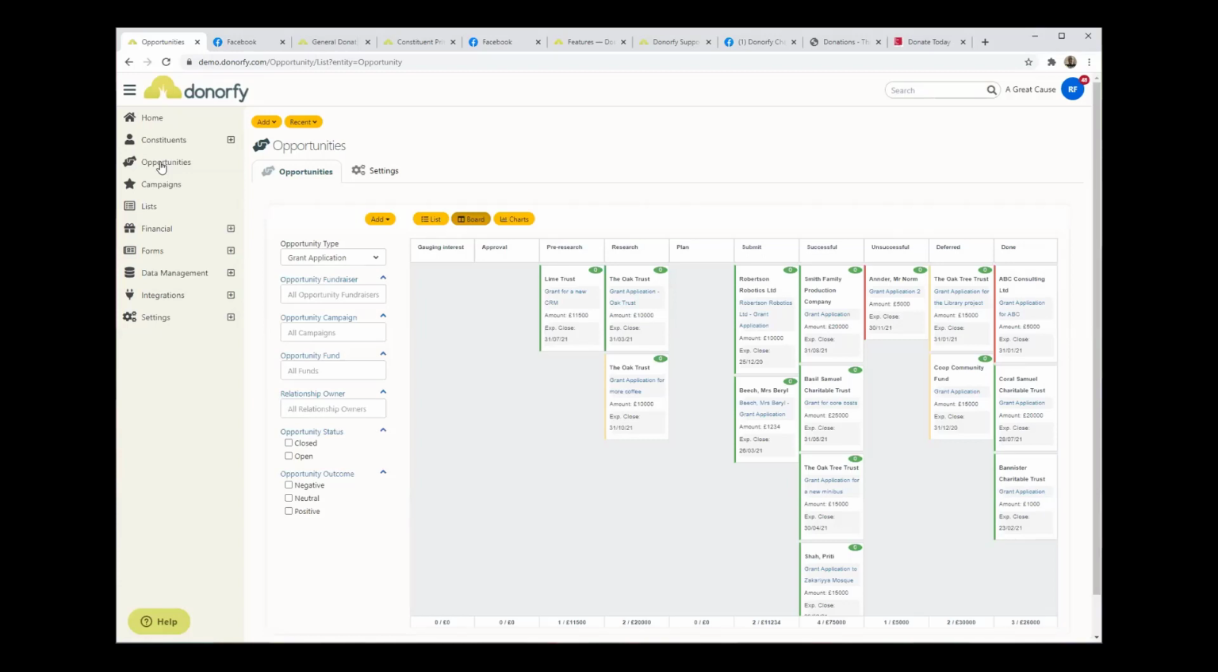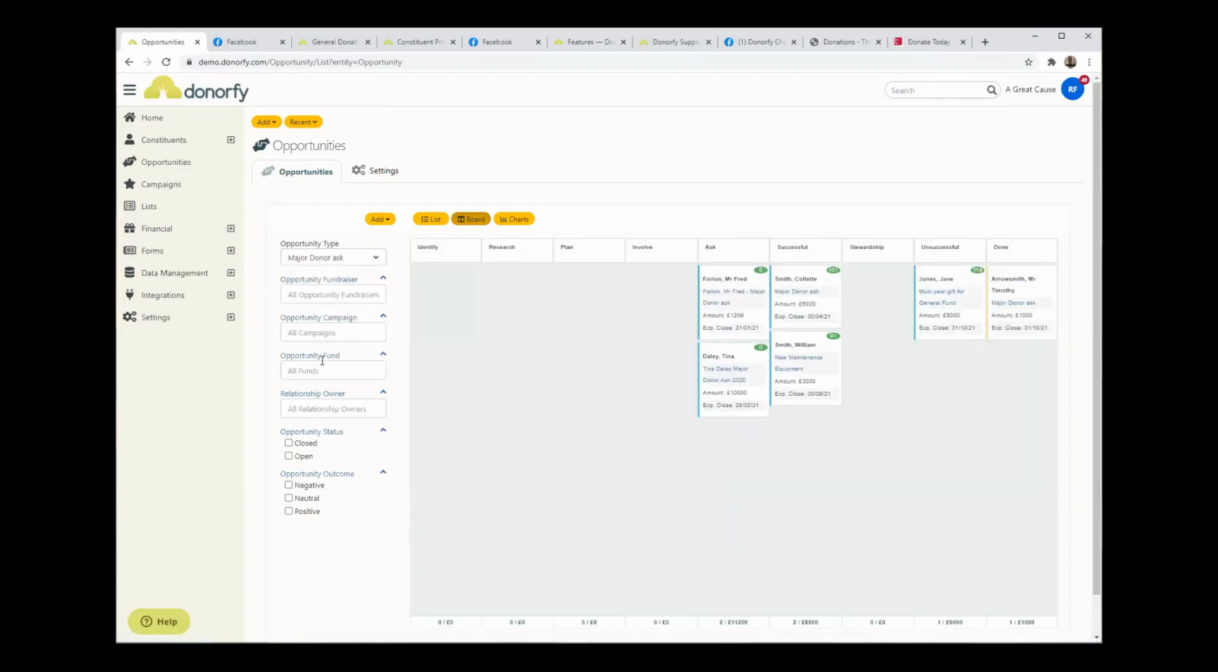So if you're a pro user, you'll get the opportunities feature. And when you click on it, as we have clicked on it now, you'll see all of your opportunities, which you can filter on the left-hand side. So I'm filtering just the grant applications. I might filter just the major donor asks, and it will show those applications or those asks across the screen in